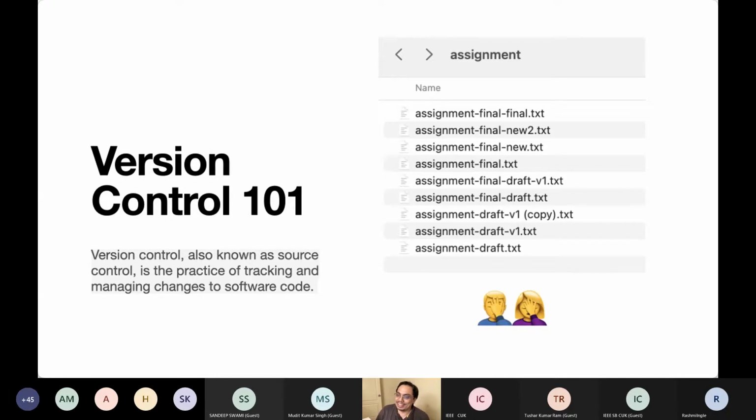No one? Okay. So this is something that a lot of people do: they start with a draft V1, then draft V1, then keep a copy of the draft, modify it to a final draft, final version, final new, then they will make some more modifications. So this is the most basic